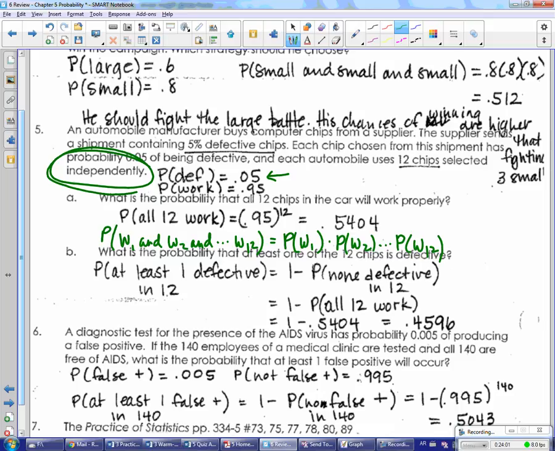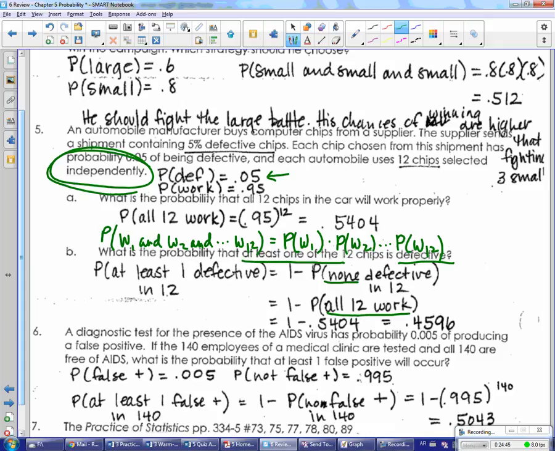Part B, what is the probability that at least 1 in the 12 is defective? So I always write this out. I'm trying to find the probability that at least 1 in 12 is defective. That would be the same as taking the complement, 1 minus the probability that none in 12 is defective. Well, if none of the 12 are defective, that means that all 12 work. So think about the language and the logic that you have to think through in order to apply the right mathematics. So if none in 12 are defective, that means that all 12 must work. So now I'm looking at 1 minus the probability that they all work, which is the probability I found in